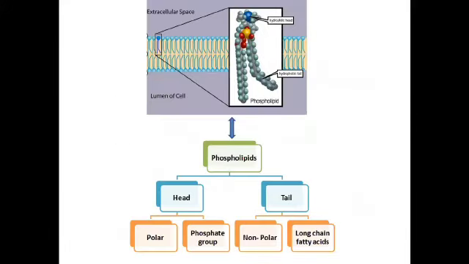As we have already discussed, phospholipids are the lipids which are in abundance in the plasma membrane. As we know, mostly the lipids present in the plasma membrane are phospholipids by nature. Here we can see a molecule of phospholipid. This is its hydrophilic head and this is its hydrophobic tail. This is a single molecule of phospholipid containing both hydrophilic or polar as well as hydrophobic or non-polar parts.